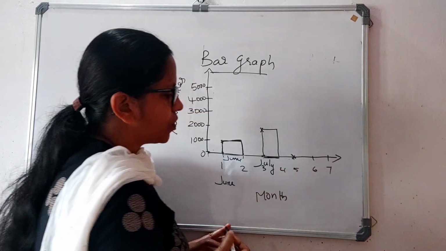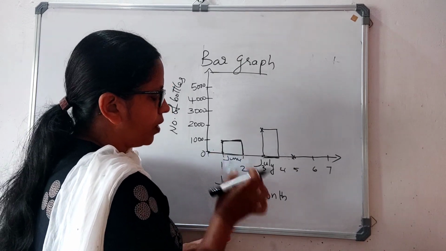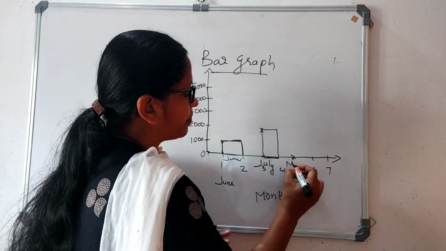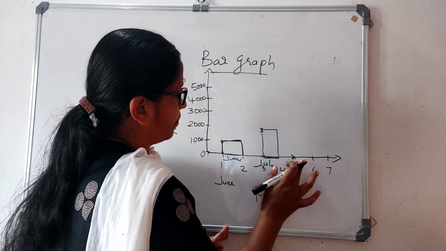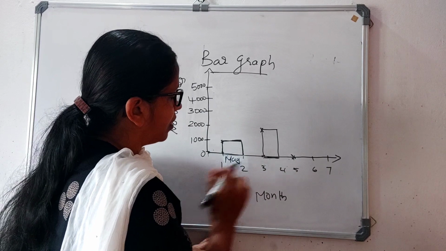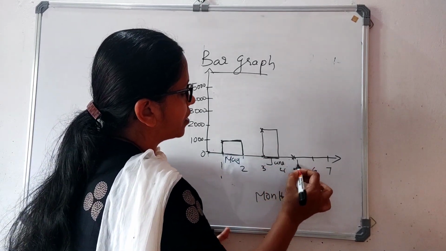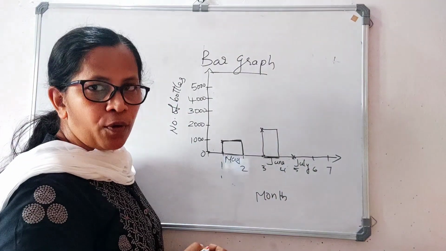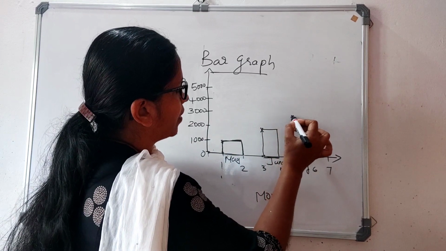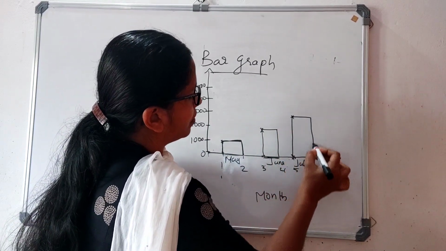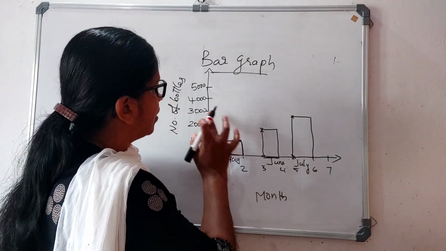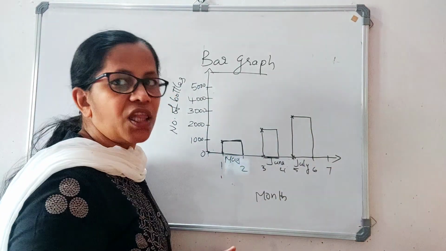So next, sometimes 1, 2, this will be for 1, 3, 4, then 5th. Next line, in the month of May, sorry, you start from here, May. Okay, here it is June, and next is July. In the month of July, they produce 3000 bottles. So from July, joining line 3, join it. Okay, 3000. When I look at the bar, I can understand that in the month of July they produced 3000 bottles.